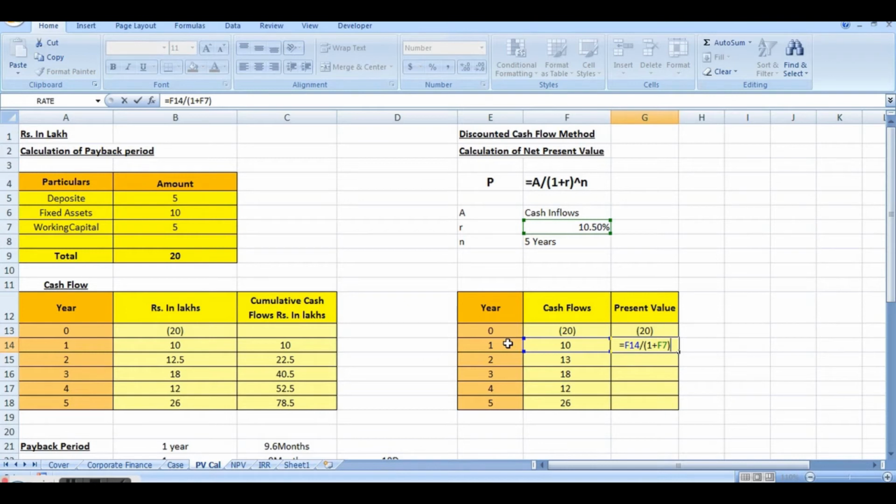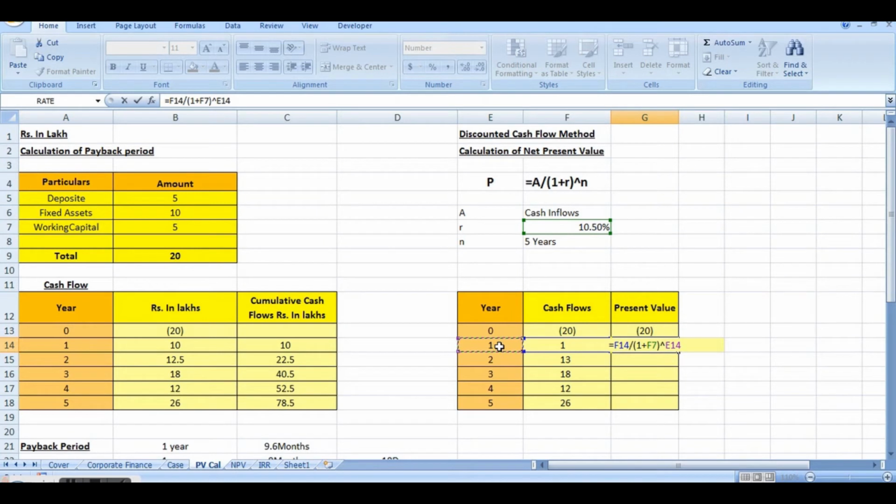So that's why power of N means in which year you are getting this inflow, you have to consider that as your N when you are calculating the present value of multiple cash flows. If it is only one cash flow that you are receiving at the end of certain particular period of time, then you can use N. But when there are these multiple cash flows, you have to find out the specific time period in which you are going to get that money. So we see here at the end of year 1 we are getting.